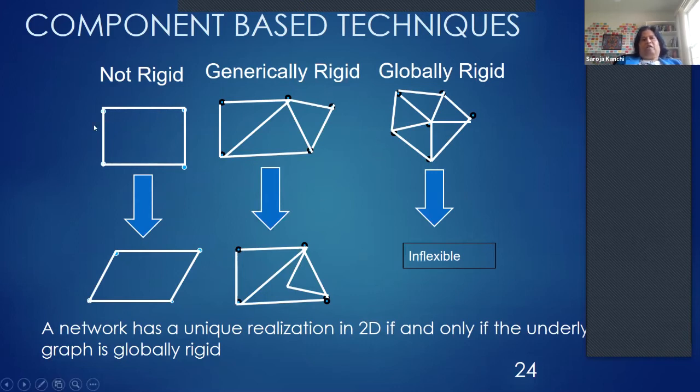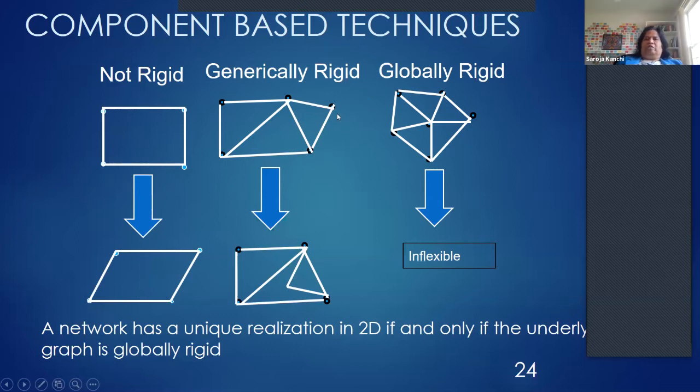So instead of localizing each node at a time, how about we localize an entire component at a time? If you want to localize a component, the component has to be globally rigid, as per the theorem that only globally rigid components, or globally rigid graphs, are localizable. Just to show you what global rigidity is and why it relates to localizability, this particular graph is not rigid because there are 2 ways to draw it. There are 2 geolocations for the nodes that respect the distances of the edges. Again, this is called flip ambiguity.